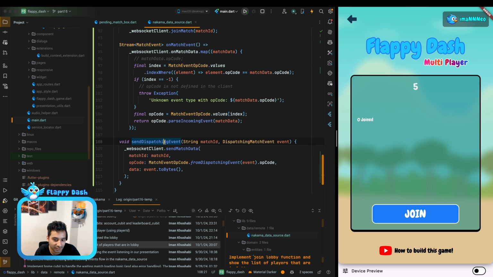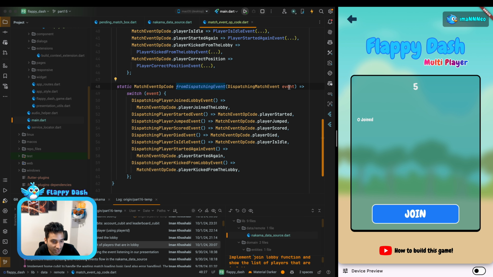Yes, as you see here, we have a send dispatching event that I just implemented, and we are calling the WebSocket client.send match data, and we need to enter the match ID here, and we need to set the OP code. So OP code is an integer. For example, you can set a number here, and as you see, we are trying to find the dispatching event that we are trying to send, and then we are trying to get the OP code from this function. So we have a switch case over the events that we have, and we just return the respective OP code